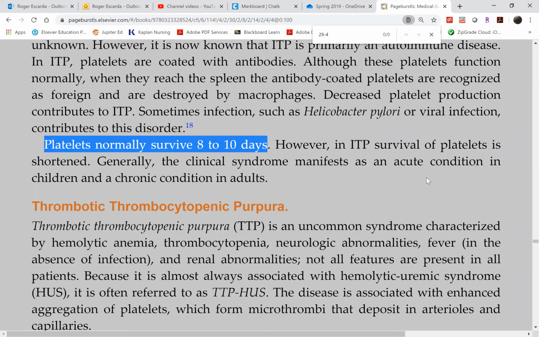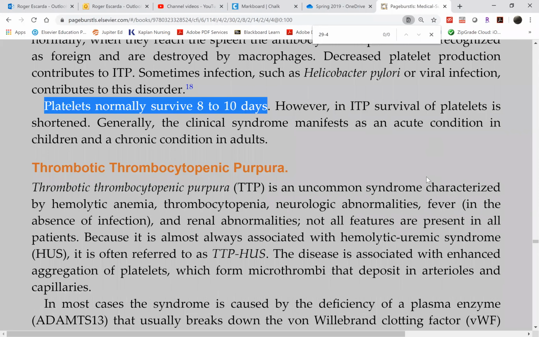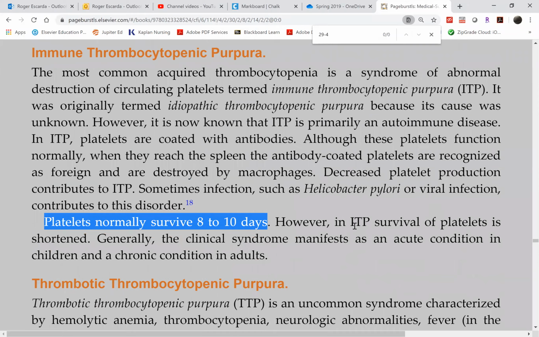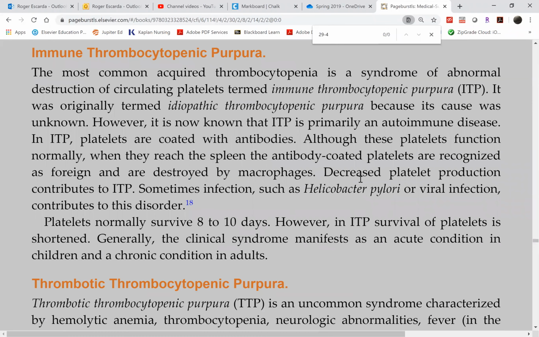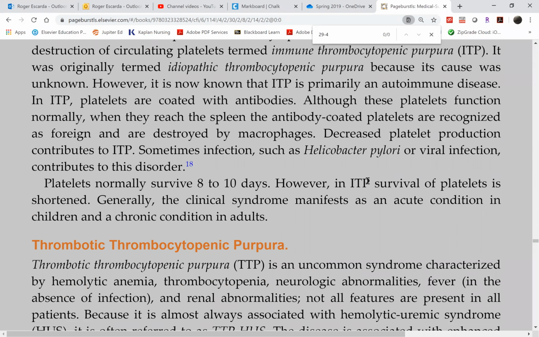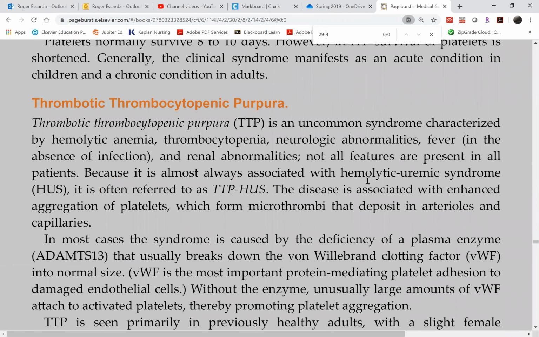Maybe 5 to 6 days. All right, so now it's shortened. So the platelets here don't last long. That's what leads to the thrombocytopenia. That's what leads to the bleeding disorder. Now, therefore, when you go to treatment now,